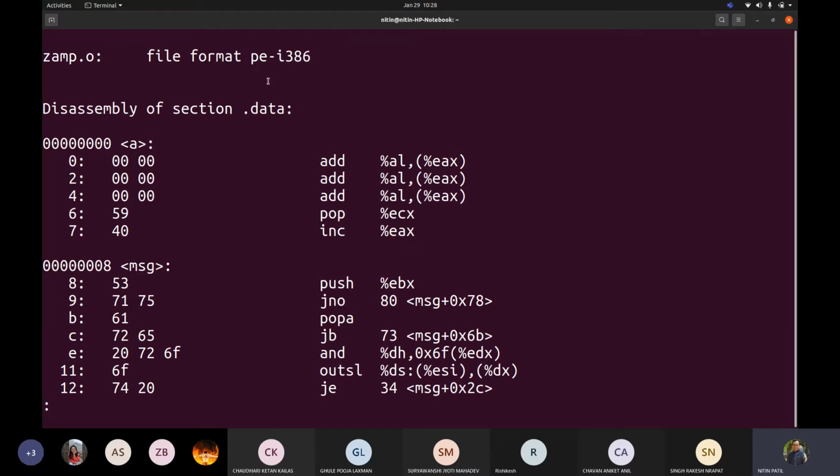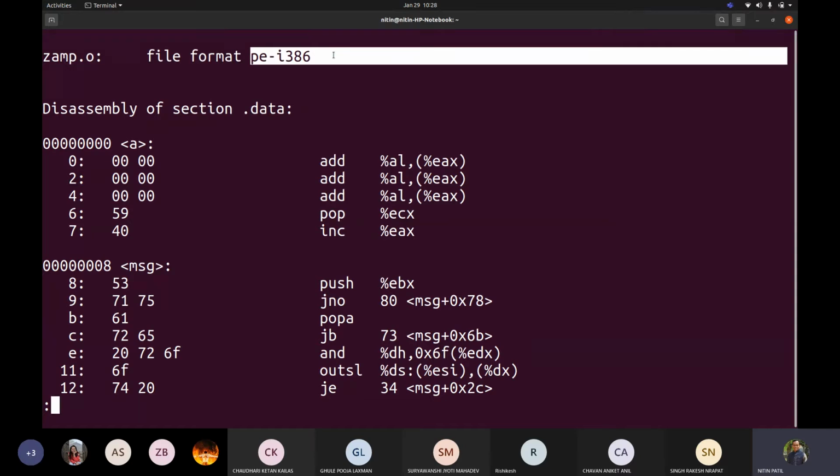Correct. It is not showing me all other aspects which were supposed to be shown, because it says PE, portable executable i386 format. Though we said COFF, common object file format, this is the portable executable file format. If you recall, I asked you to read the linker and loader book, and to read that particular chapter where all these file formats are described. This portable executable file format will help us to use this code directly on the Windows operating system as well.